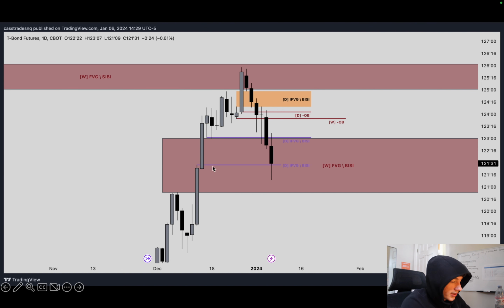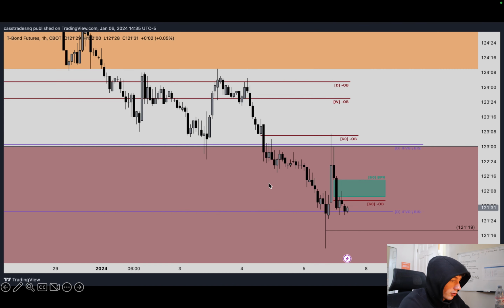I would have liked to see a close below this fair value gap / BSC, although I've marked it as inversion because that's what I want to see it work as. And then through the weekly fair value gap / BSC, consequent encroachment has been respected. But again, I'm going to watch the consequent encroachment of this week here to see if we're going to trade lower through the week. Here on the hourly chart, we've got the T-bond futures, and this is just some kind of chop at the start of the week